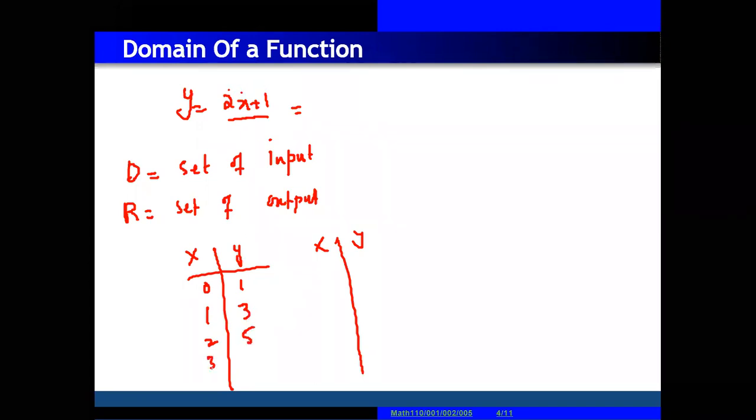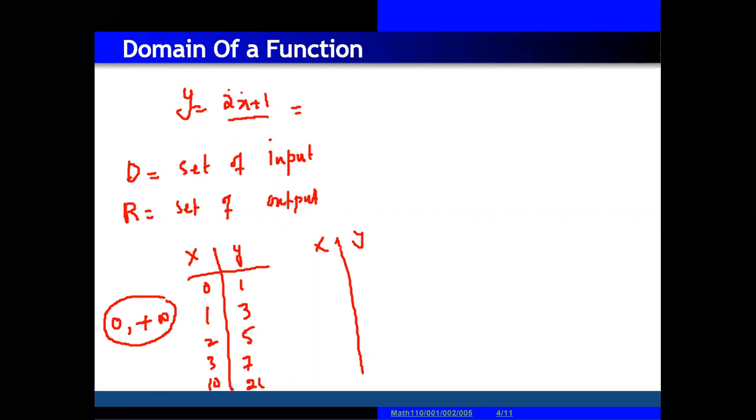When x is equal to 3, then 7. When x is equal to 10, 2 times 10 plus 1 equals 21. So you can give values from 0 till plus infinity, because this will give you some output values. From 0 to, say, x equal to 1000, 2000, 5000, 1 million, 2 million, there will be some output. You multiply by 2 and then add 1.